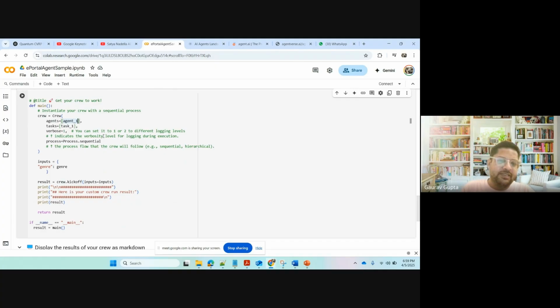Now, you must have heard a very common example of a sales agent. In our company, we have defined a sales agent, which is a collection of 25-plus agents working together. One agent will go and identify leads on LinkedIn. Another agent will summarize those leads. A third agent will map those leads to our company's product. A fourth agent will create customized selling material for that client.